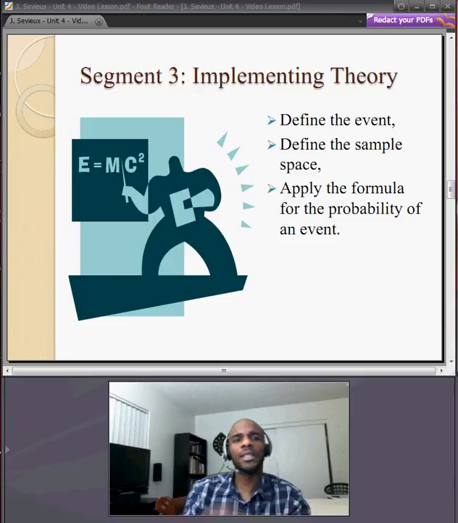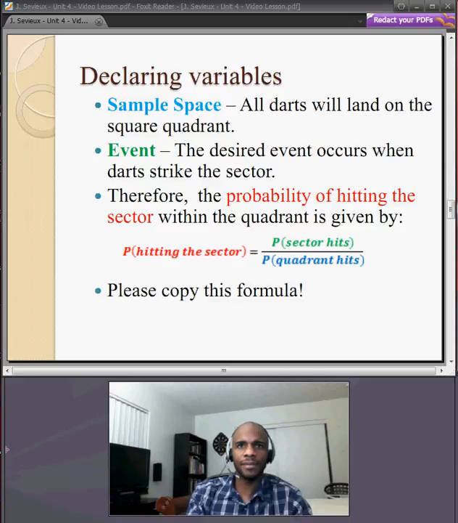Hopefully you saved your work, and this next segment on implementing theory will determine the probability of our desired event by explicitly defining the event, defining the sample space, and using the formula for the probability of an event. So first step is to explicitly declare the event and the sample space that will be used in our probability equation from the